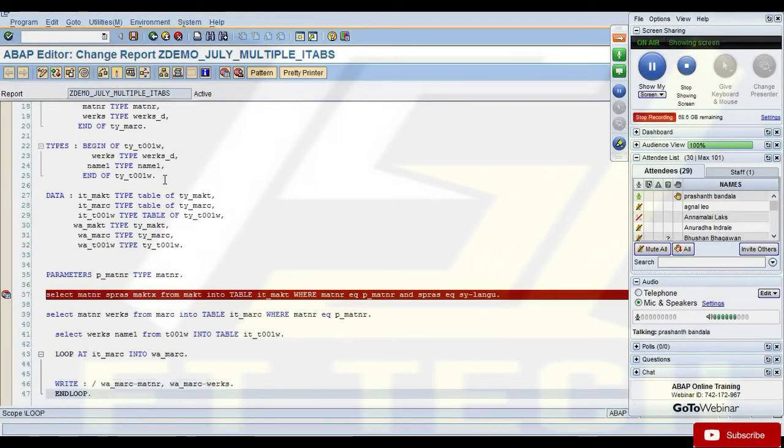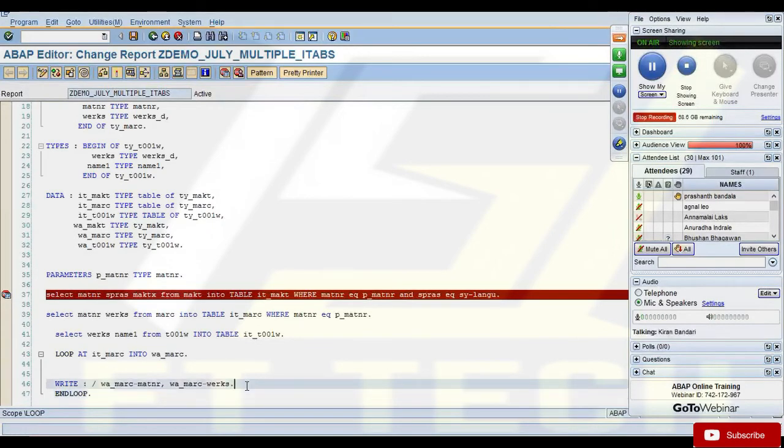We can write the read statement above or below the write statement, should not matter. Above or below the write statement? You need to read it before you write it in the output, right? No, I mean the write statement that you have written just now, the WERKS. We can write immediately after that, right?